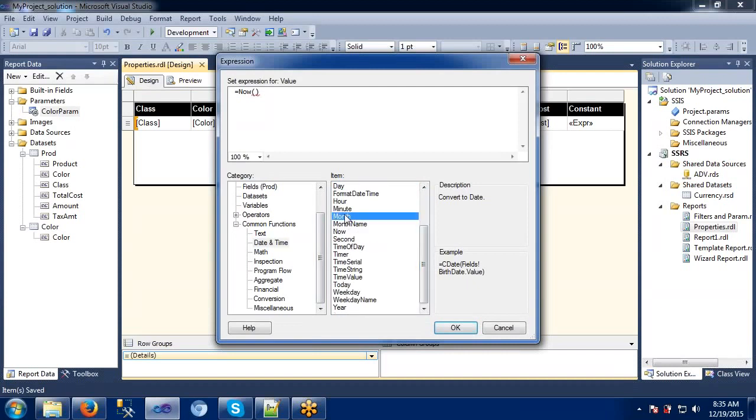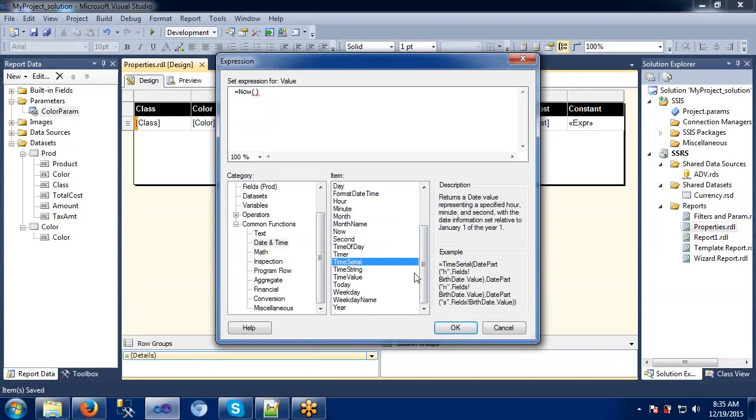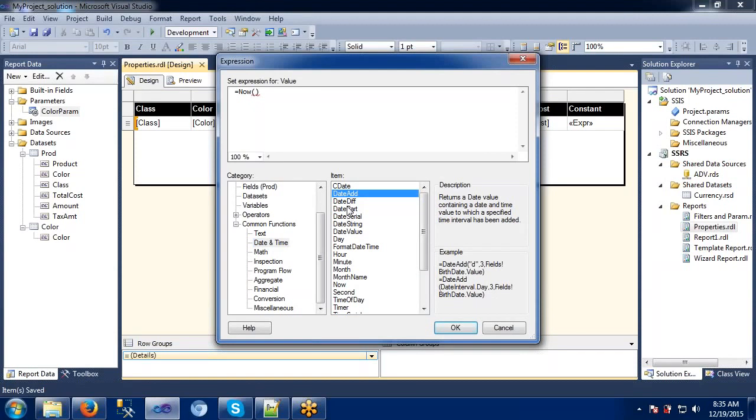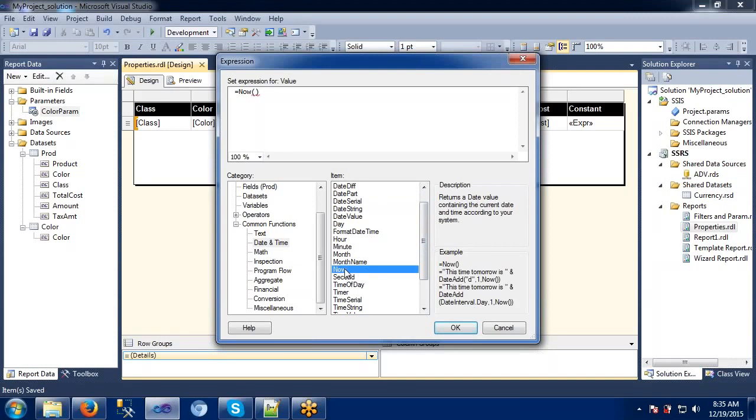Somewhere I have given now, right? Yes, here it is. So now this is the time tomorrow. It has given a beautiful time here. We can try to copy paste and go through all these examples, and we can easily find out.